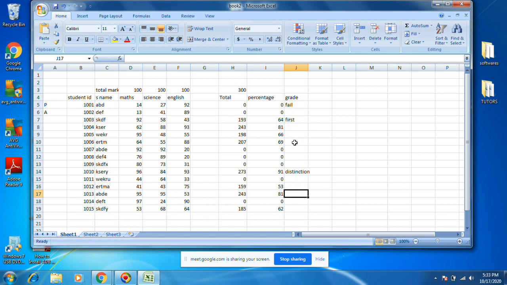Okay, first, this is less than 60. Whoever got less than 60 should get pass, like that. 80 or 81 also, these people should get pass. This is also pass. This is first. Whoever crosses more than 60 will get first. This is also first. Like that I want this kind of output. What shall we do?